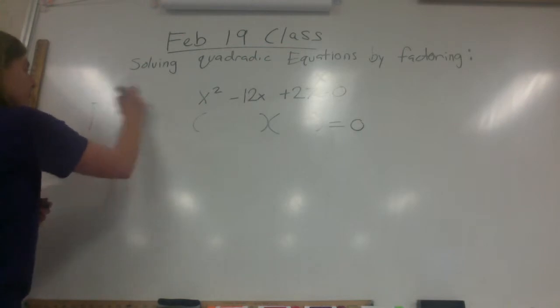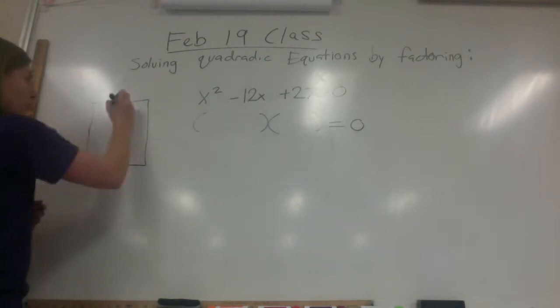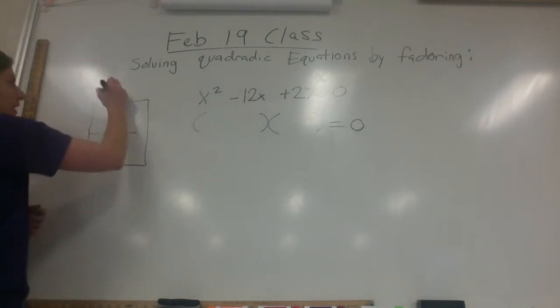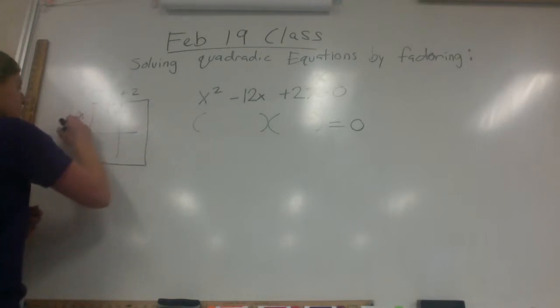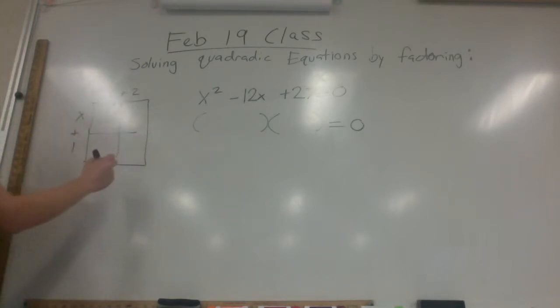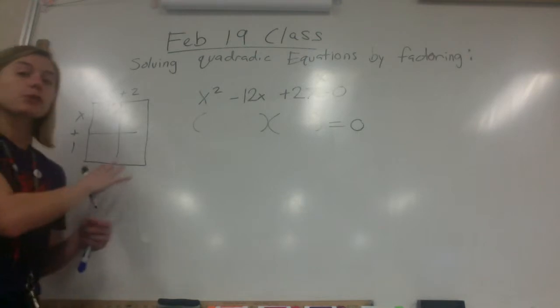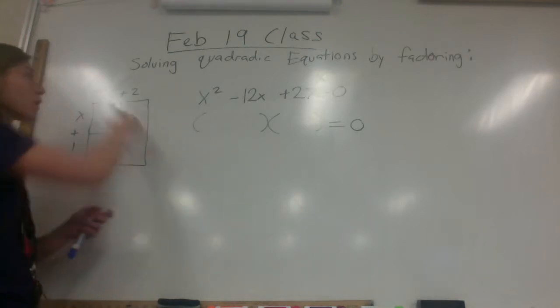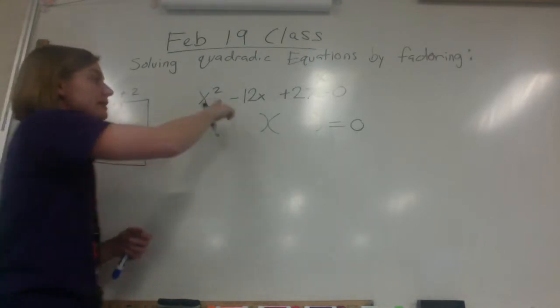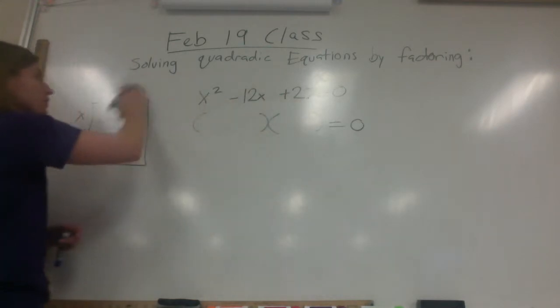So thinking back to last week when we did that whole box thing, and it was like x plus 2 and x plus 1, and you multiply them together. That's what essentially we're going backwards to. We're trying to figure out what those two things were that multiplied together to get to here. So in this case,